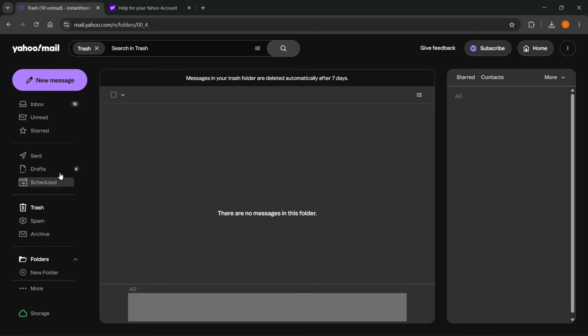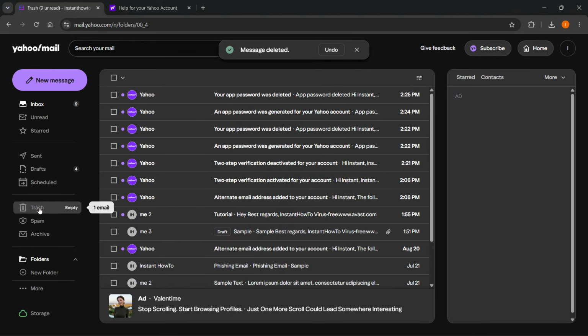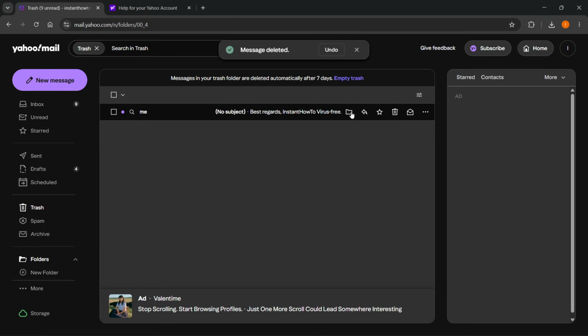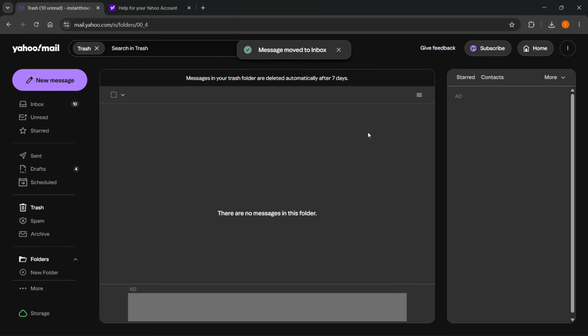So to restore them, it's super simple. If I quickly delete an email, you'll see how to do this. If I go over here, there we go, this is trash. You can see over here, you can then move this or do whatever you want. And if you click on the 3 dots, click on restore to inbox, and that's essentially how to do this, okay? So if you don't see them in here, there's one more way you could take, and this is to